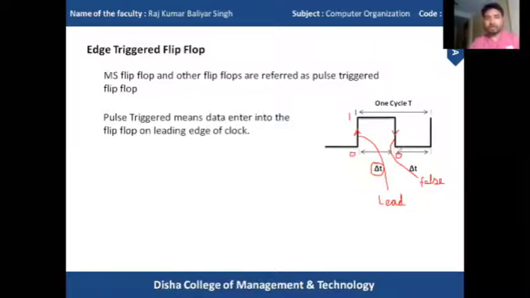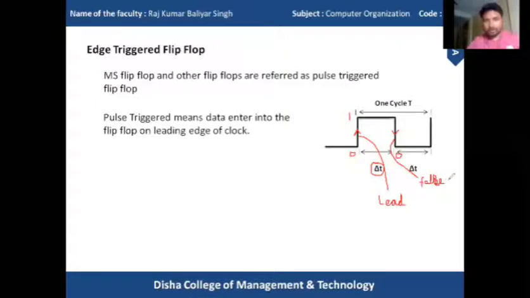It cannot be changing 0, 2, 3, 4 like that, as it is a digital system of digital pulses. So it is moving from 0 to 1 only. When it becomes 0 to 1, that is called the leading edge, and it will maintain for some time, that is called delta t. Automatically it will fall back from 1 to 0, that is called the falling edge.